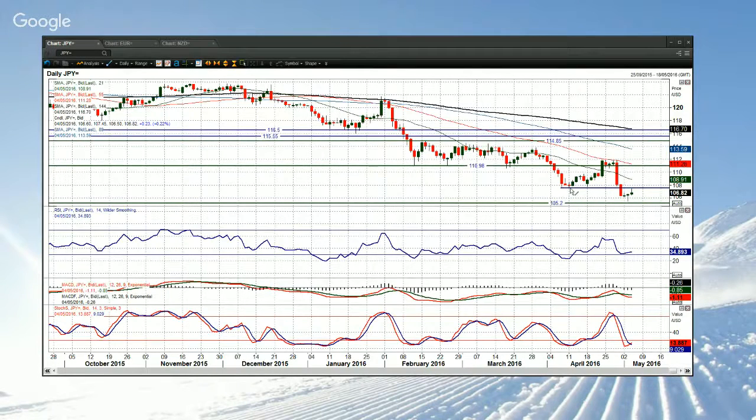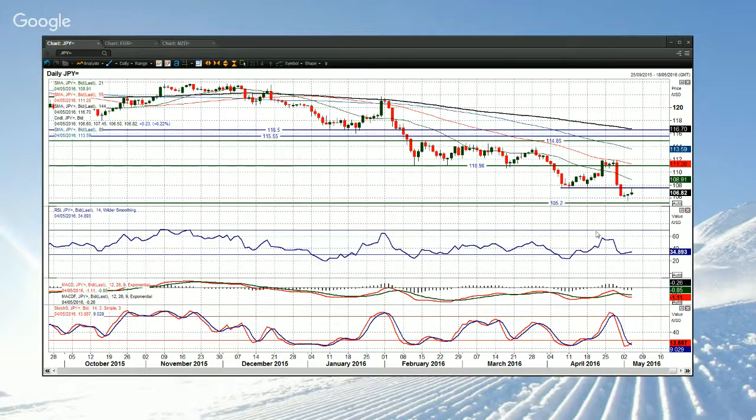107.45, 107.60 was this key low, and 107.80. So I think between 107.60 and 107.80 is your key near-term resistance. If you see the move above that, I think you could start to see some traction in a recovery. I really do, because then you'll start to see the RSI unwinding. The RSI's got a fair bit to unwind still, 34 at the moment. Still could get back into the 50s, and you'd still be negatively configured. I think that ultimately it would still be a rally that gets sold into, but if you can get through 107.60 to 107.80, I think that is a rally on the cards for dollar yen.